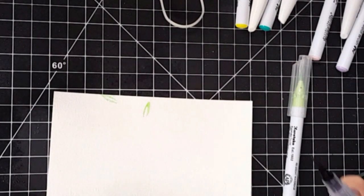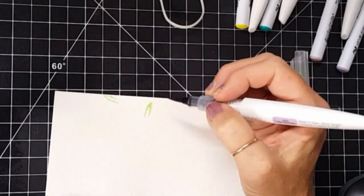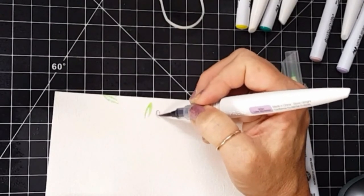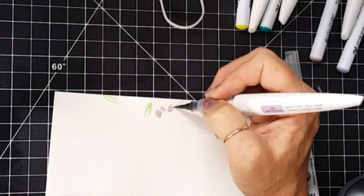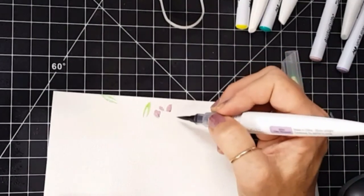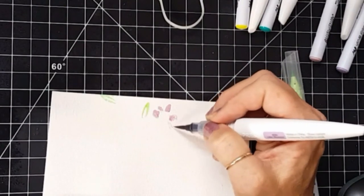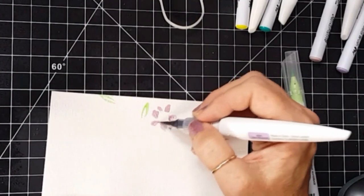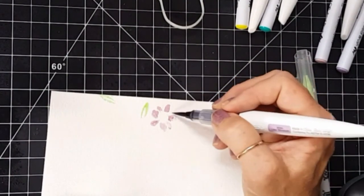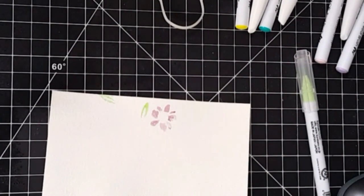Here is the lilac blossom in the Nuvo. And one thing I forgot to grab is a paper towel, which I have within reach, so